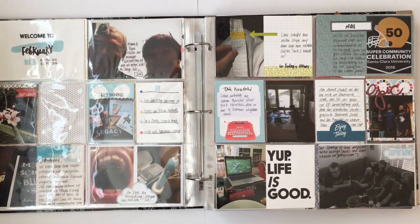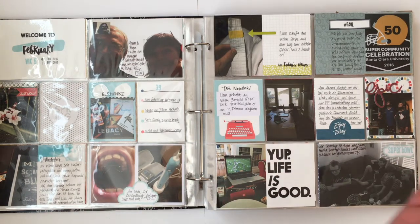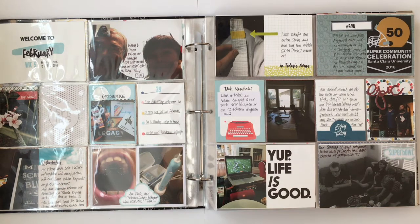I don't really know whether you saw my other video, it was quite long. I talked a little bit about my approach to Project Life. I usually pick 8 to 13 photos each week and then print them, and then I'll just pick cards and start embellishing. I use mainly the Coco Daisy Day in the Life kit, and I add in from my stash, which in